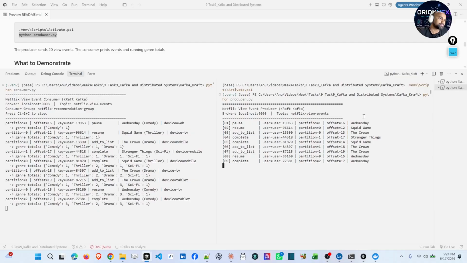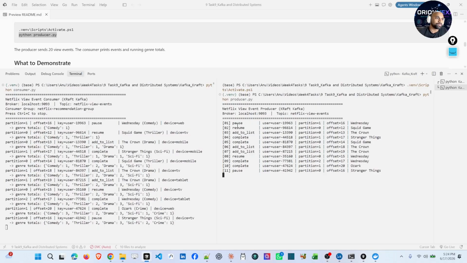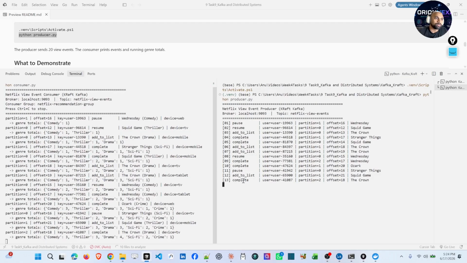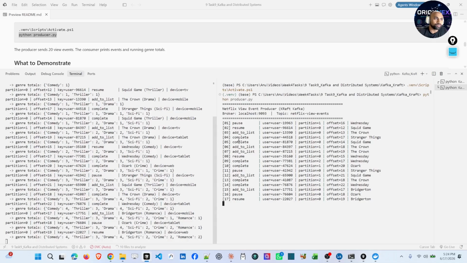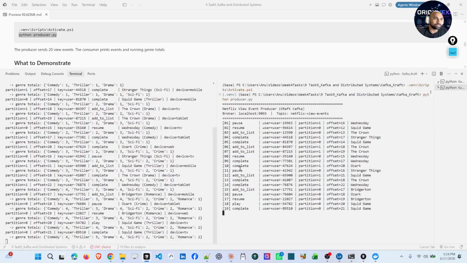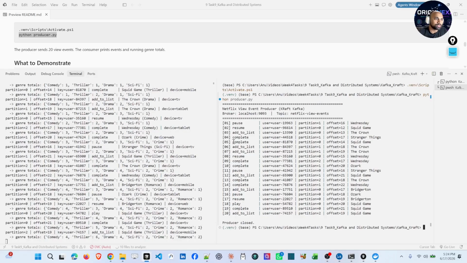See the magic. See, it has created a few Netflix events: pause, resume, add to list, complete, add to list, resume, complete. Like that, these are all the events, whatever we do in Netflix. So suppose you are resuming, or playing, or adding to a favorite list, these are all events.